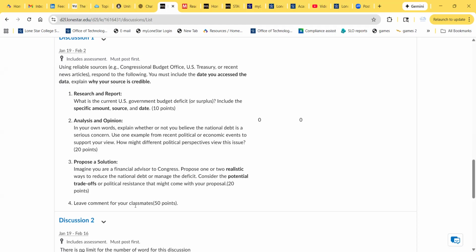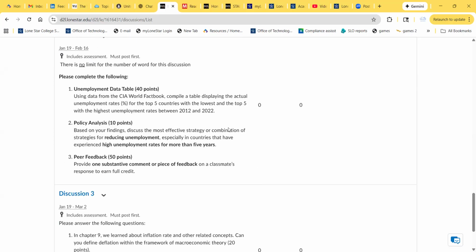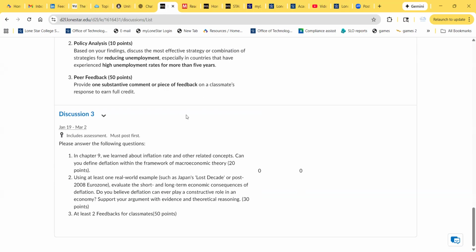Okay. What else? They're really easy. Just follow the guideline, and for discussion two, there's no word limit, because this is also part of your project. This is where I want to make sure that you read my email and you know which countries you're working on. Just three, and then you are done.